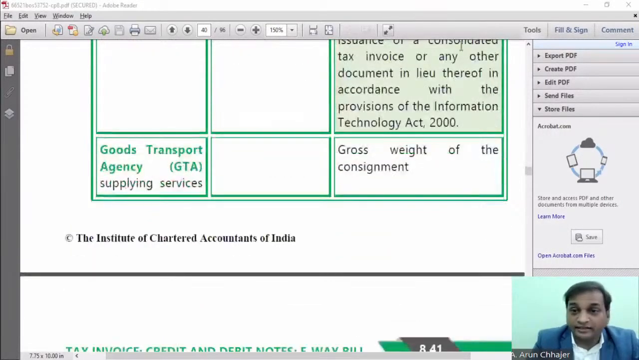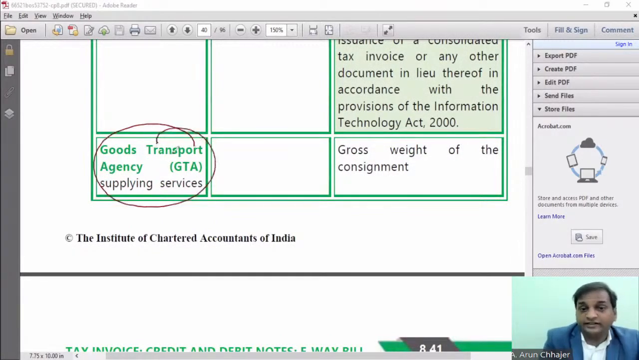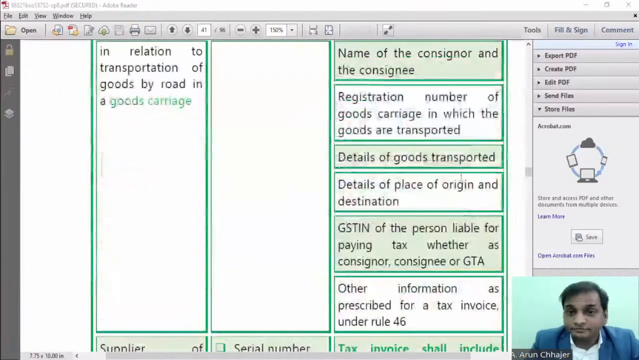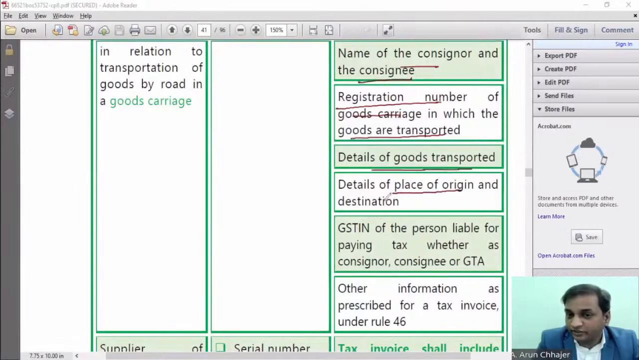Signature is okay. Now the second case is GTA. If the GTA is a service provider, then what additional components need to be there? Gross weight of the consignment, name of the consignor and consignee, registration number of the goods carriage in which goods are transported, details of the goods transported, details of the place of origin and destination, GSTIN number, and other information as may be prescribed